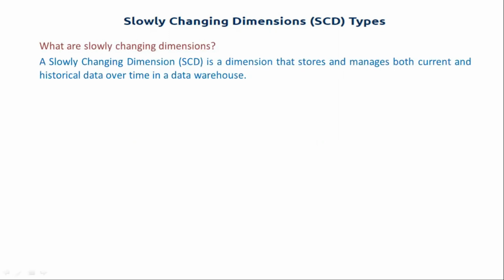Okay, so let's start. What exactly are slowly changing dimensions, and what are those, and how many types of SCDs do we have in our data warehousing environment? How we can develop these things in our big data environment, we'll try to discuss in this session. First of all, we'll go for the definition. What exactly are slowly changing dimensions? A slowly changing dimension is a dimension that stores and manages both current and historical data over time in